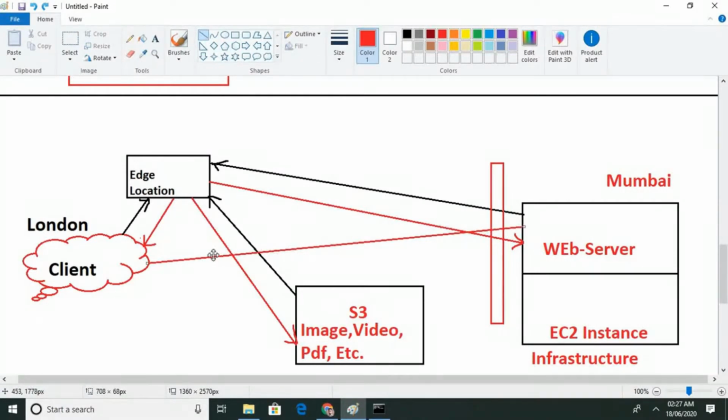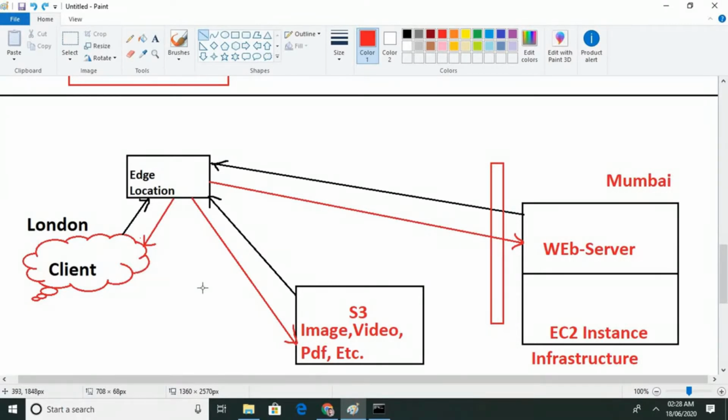There is a huge distance between client and server, so there is a possibility that the client may face latency, because images and videos are coming and the page is getting downloaded, and only then can you see the picture. So CloudFront gives the solution for it.